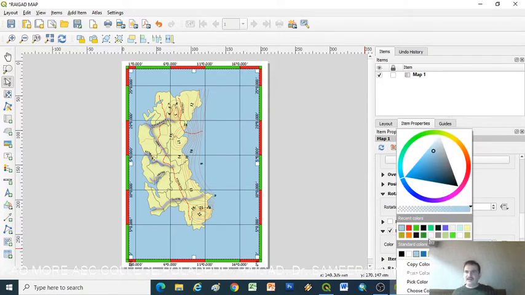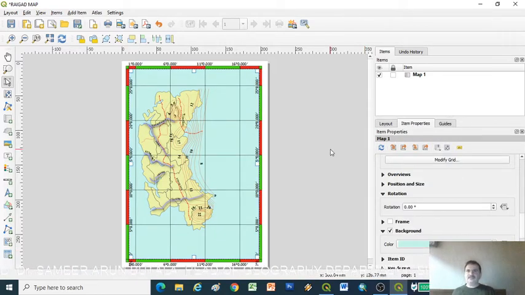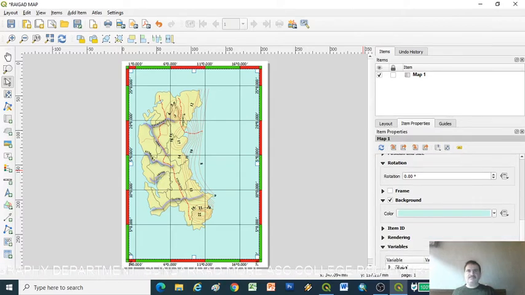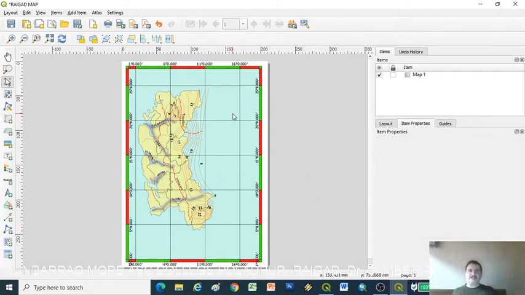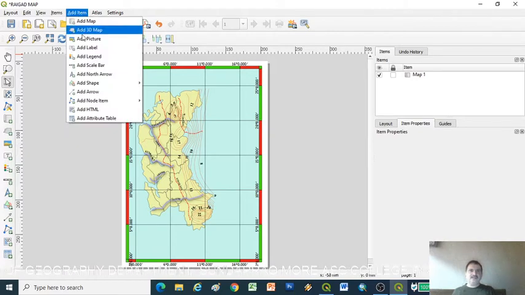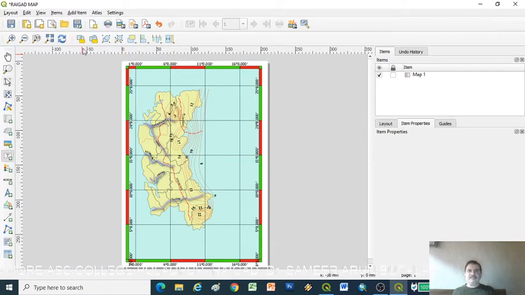So there are n number of background colors here, so we'll get a lighter background color. In this way we can change the background colors of the properties. Now this is the framework and the grid is complete. Now we want to add more properties, so add a label. I just click on add label, the cursor will change, and I drag here for a label.